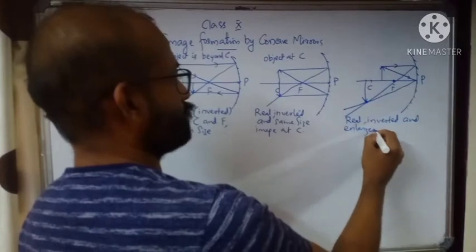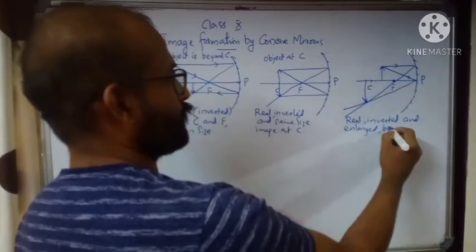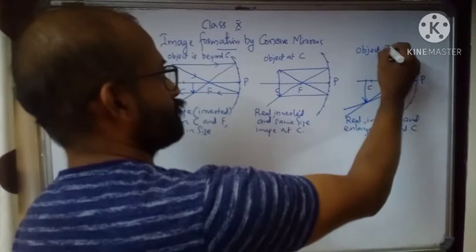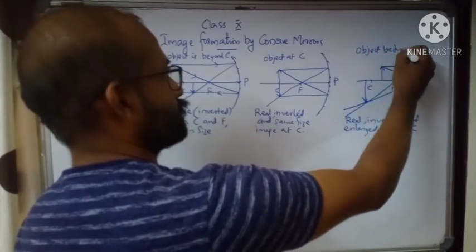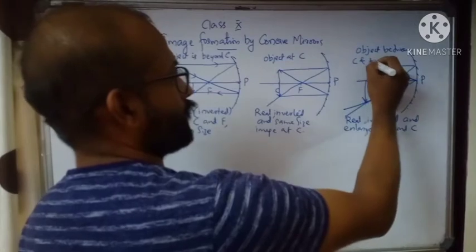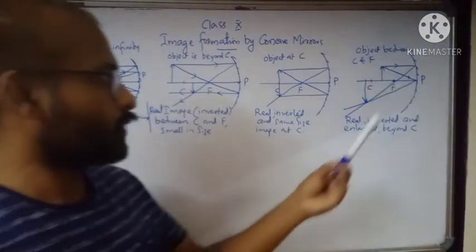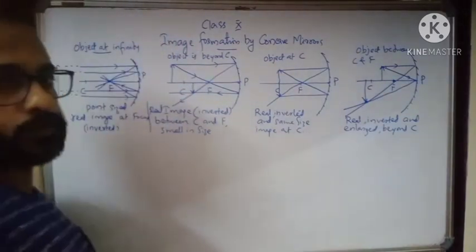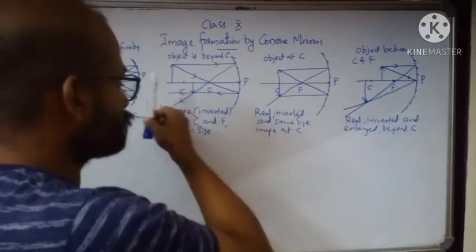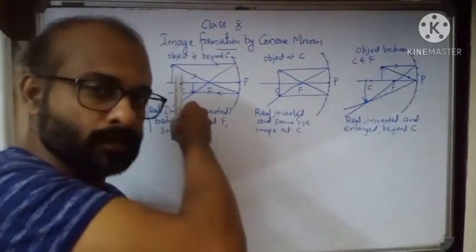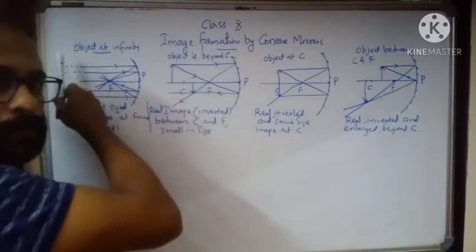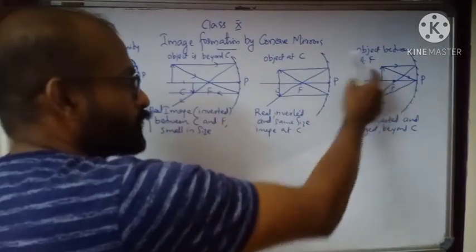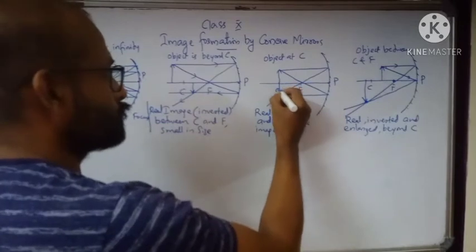Okay, enlarged. Where is the image formed? Image formed beyond C. It is formed beyond the center of curvature. Where is the object? We can say object between C and F, and we have got image beyond the center of curvature. Further, what should be the next position? We can expect the next position of the object since we gradually move the object towards the pole. Initially it was at infinity, then we brought it towards the center of curvature, exactly center of curvature, between center of curvature and focus. Now we need to place object at focus.